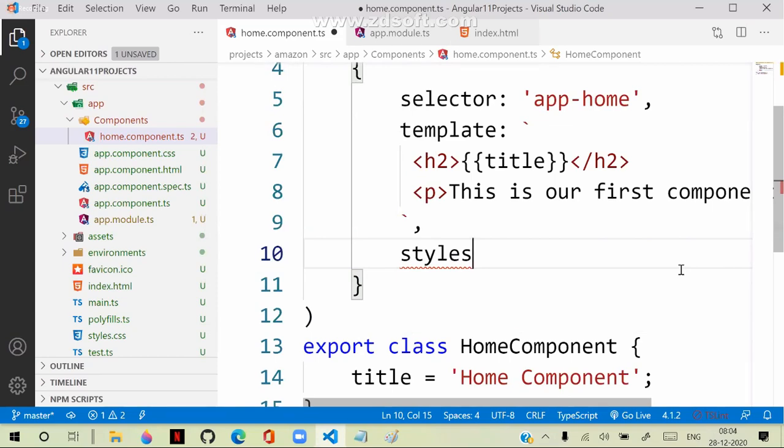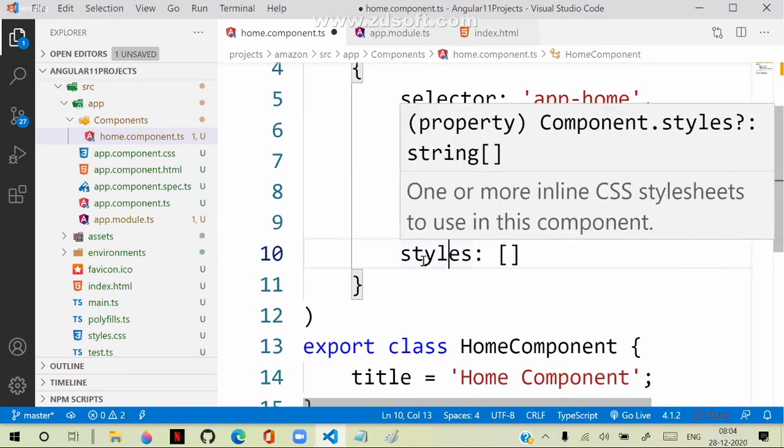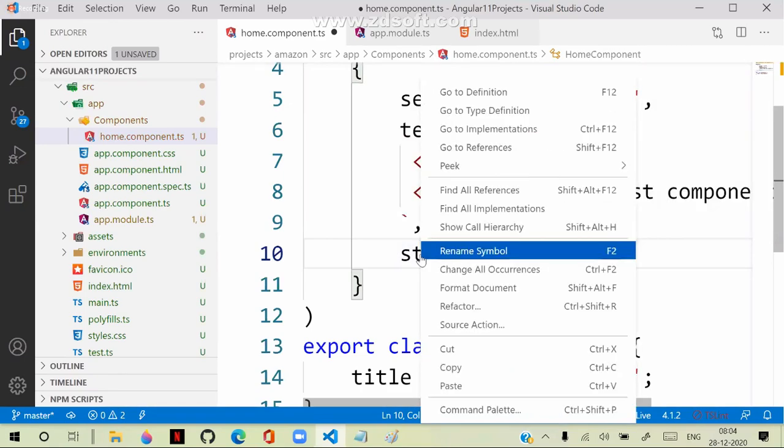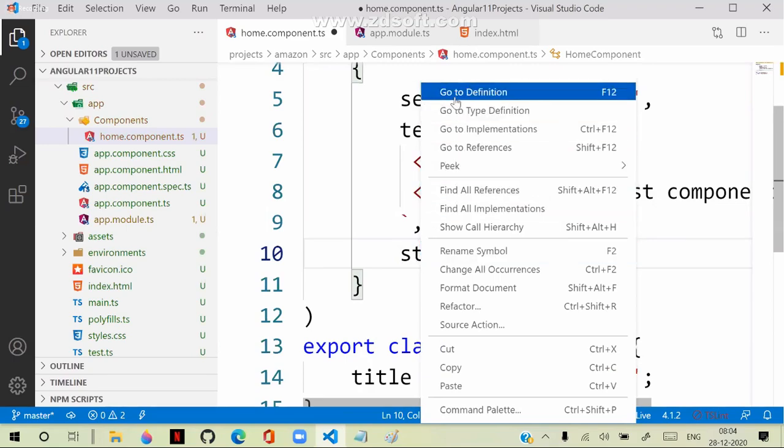So styles, okay, good. So what styles do you want? Because styles is an array. Remember, many times some people ask regularly, how do we know that it is an array? How do we know that it is a string or a number? Actually, when you are designing as a developer, you can right click on that styles property and select go to definition.